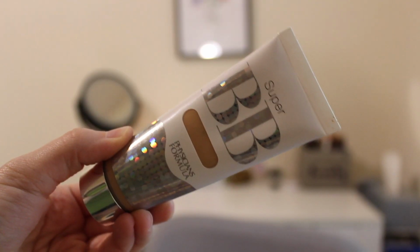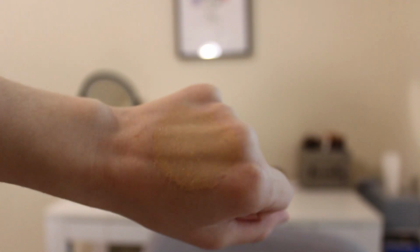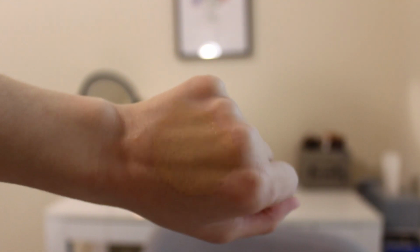Okay, one thing that was new to me this month that has not been such a favorite simply because of the shade, and it's my fault really, is the Physicians Formula Super BB Cream. This is not a new product to the makeup world, but it is to my collection. I know I had this several years ago and I did use it up. This only comes in two shades. I have it in the shade Light, which is the lightest of the two, and it is way too dark,